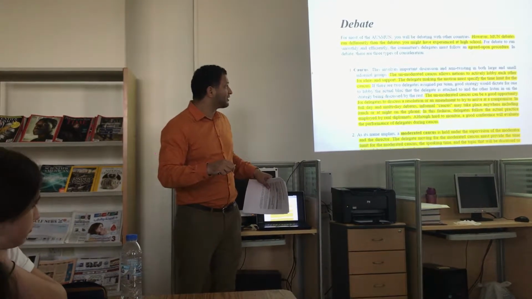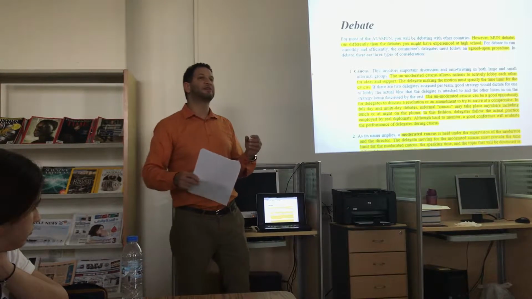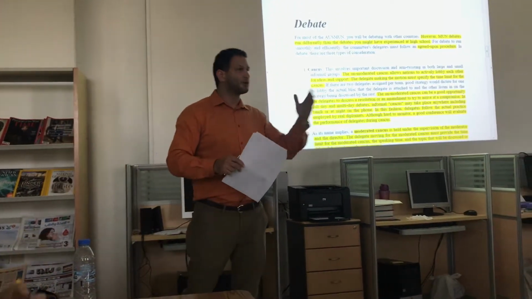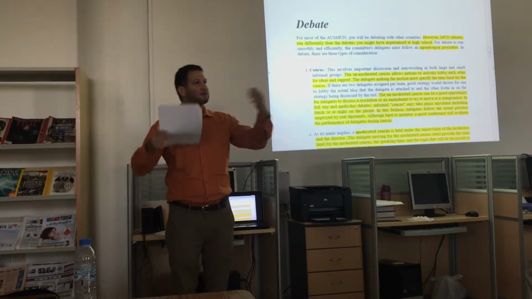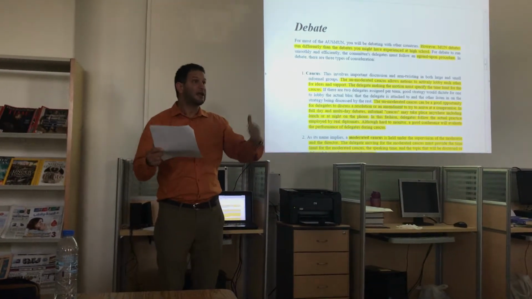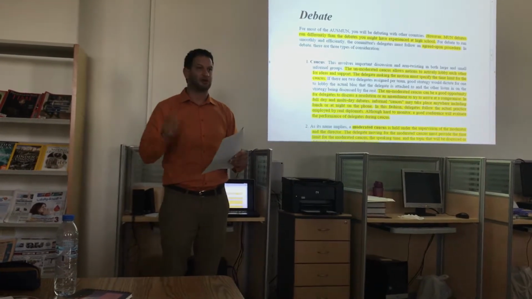The delegate making the motion must specify the time limit for the caucus. First of all, what does motion mean? To motion for something is to request something. So, the chair, as we said last time, is going to start by asking you for being enlisted on the speaker list and then the voting process. Now you start the actual meeting because you already voted for a topic A or topic B, whatever.